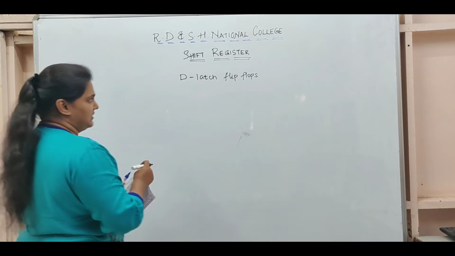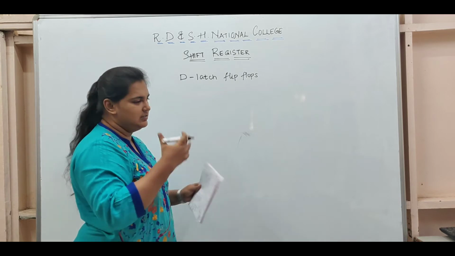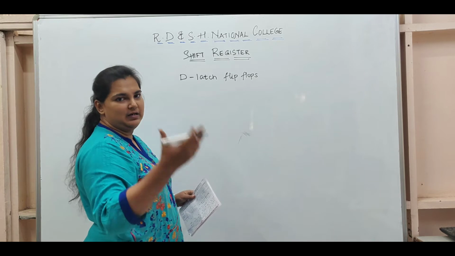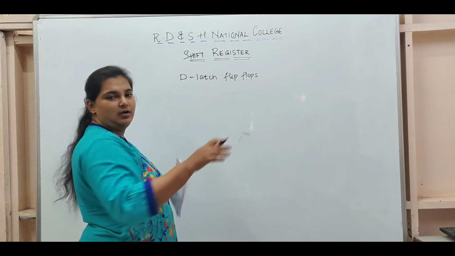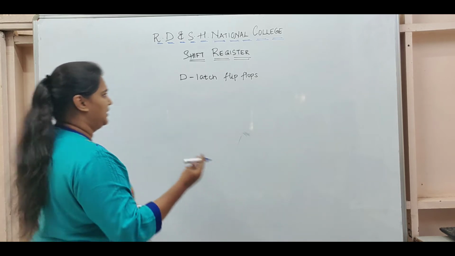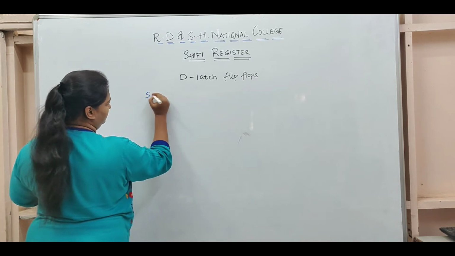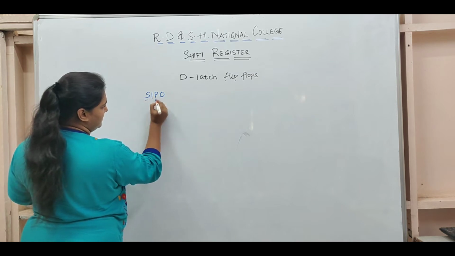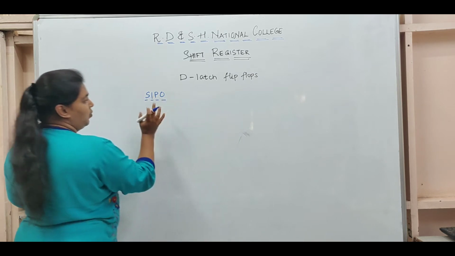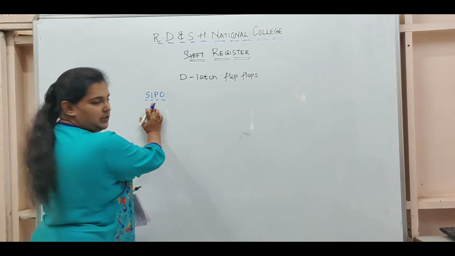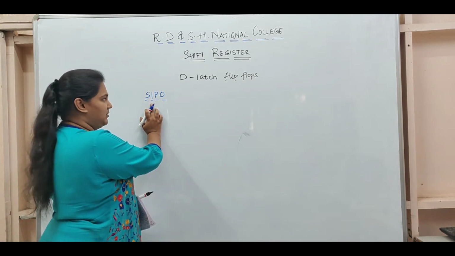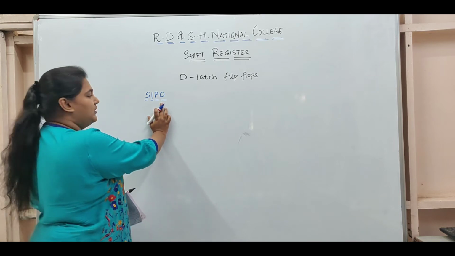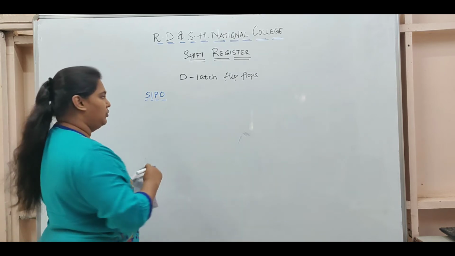Now, as I already said, a shift register can take in data in serial or parallel format, and similarly give out data or output in parallel and serial format. So the entire combination gives us 4 possibilities. The first is serial in, parallel out. What happens here is, the input is given in serial format, that is 1 bit at a time, and the output is in parallel format. That means all the 4 bits give us parallel output together.